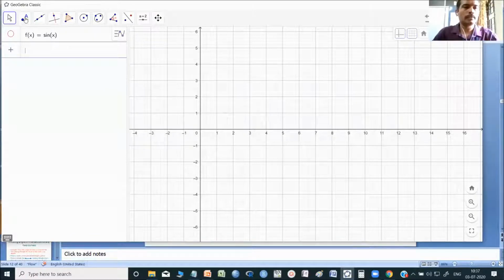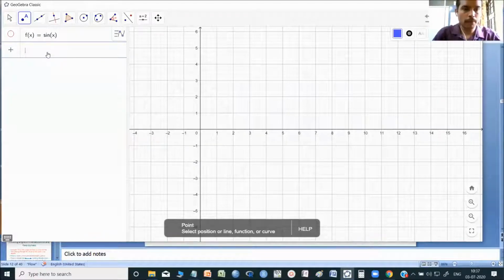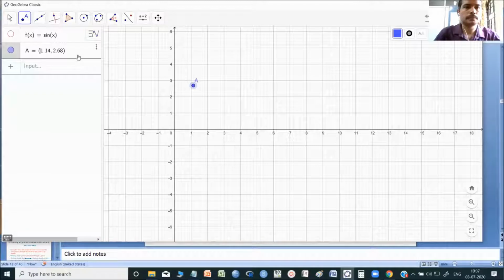take a point and change the coordinate of this point to f of t. I don't want to take the point. Let me go back. Okay, fine. f of x equal to sin x is there.